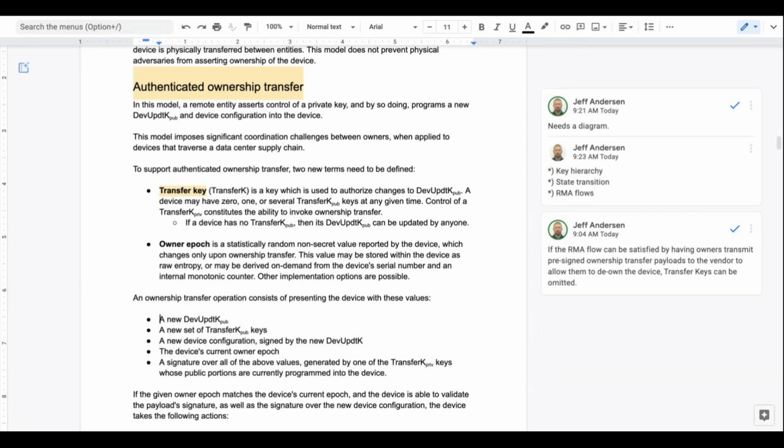If you ship multiple servers, multiple systems, to the owners, you may not want to request any information from the owner if it's a lot of servers. You want to ship it, but you still want to protect the system from unauthorized ownership change.